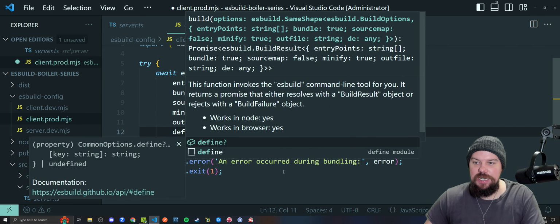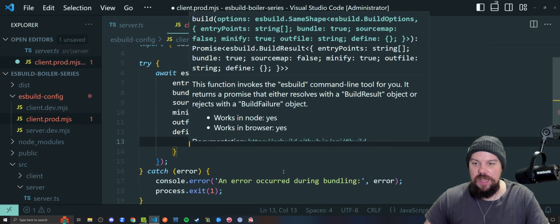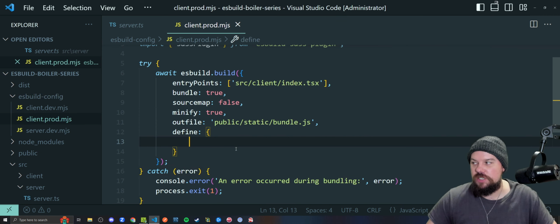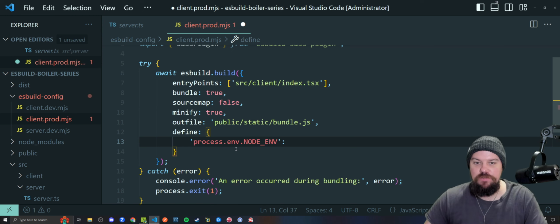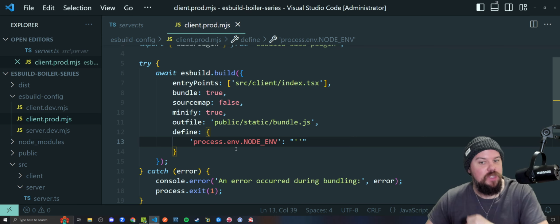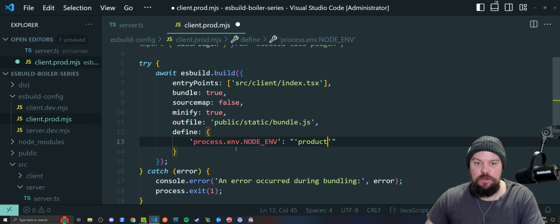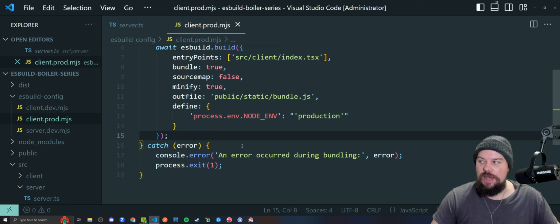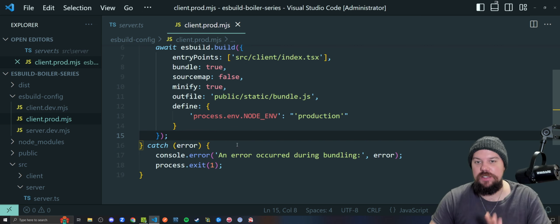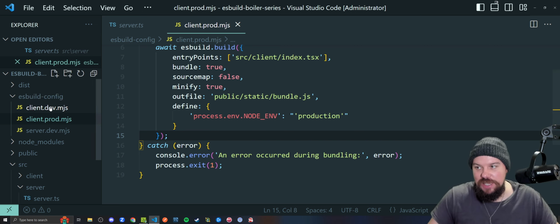From there, I need to probably also define an environment variable of some kind. I'm going to just manually override whatever node env happens to be and define it myself. Again, unless you did a JSON stringify, the double quote, single quote is what needs to happen for us to actually recognize production as a string inside of our code. So there we go. I'm going to strictly just define this environment as production,